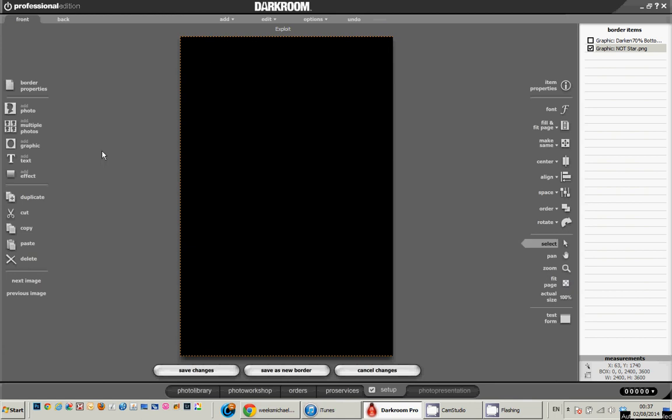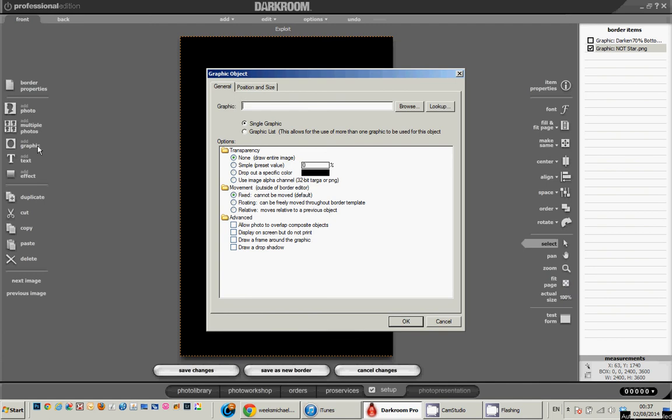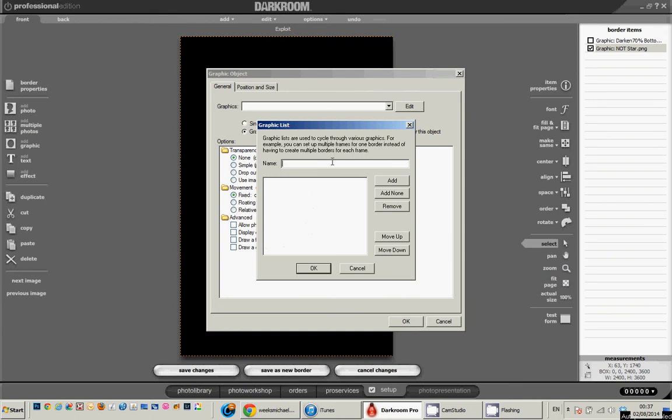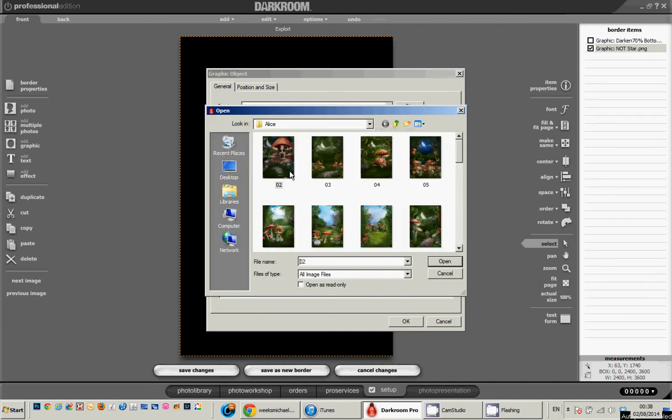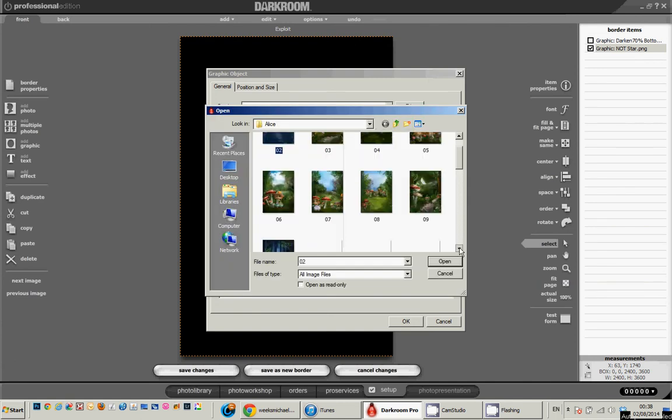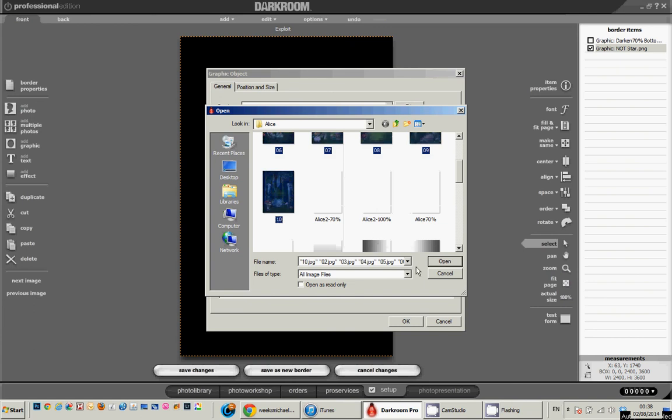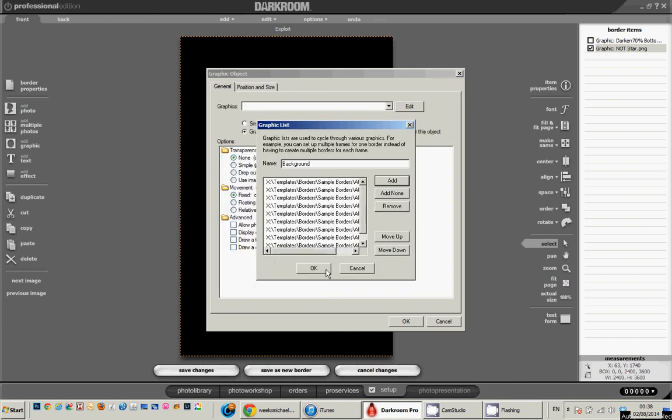I'm now going to add a photo, but before I add the photo, because I'm going to use chroma key, I need to add a background graphic for it. So I'm going to add a graphic, and again I'm going to use another graphics list, and I'm going to call this one background. I'm going to add all the background images, click open, OK,